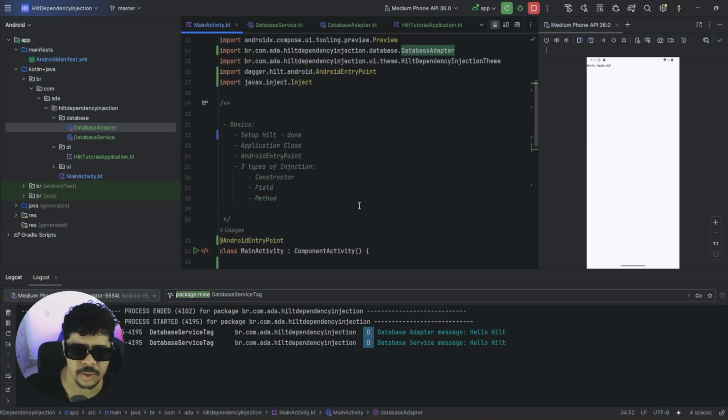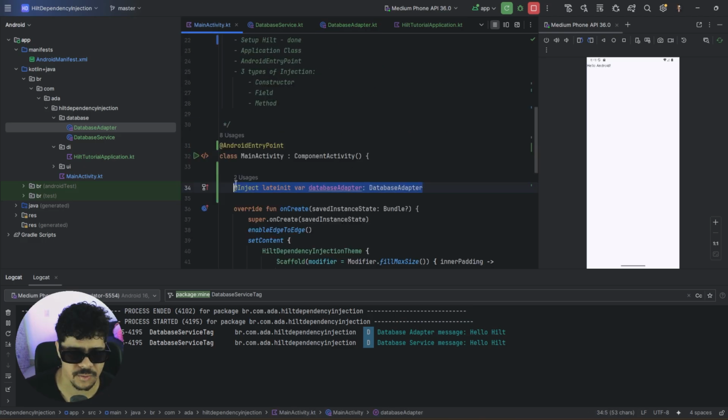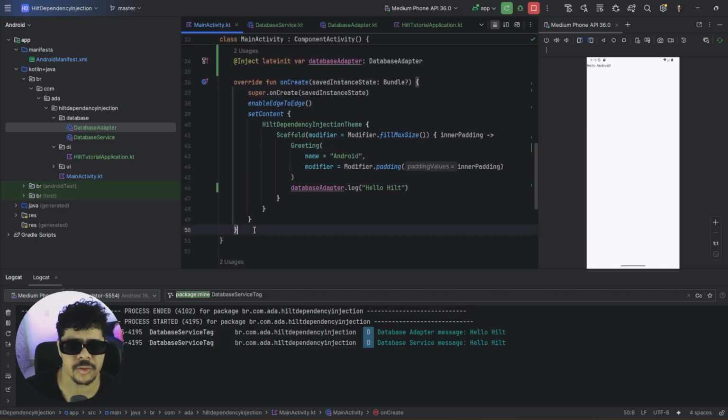So okay, let's keep going now. We have the constructor injecting our class here in the constructor. This is the constructor injection. You have the field injection, and now we're just missing the method one. It's not common to use this, but let's see how this is done. You just have here in your main activity, we can just, outside here,